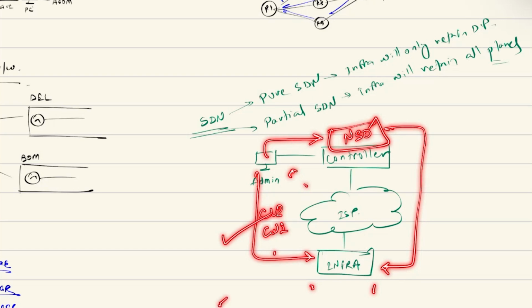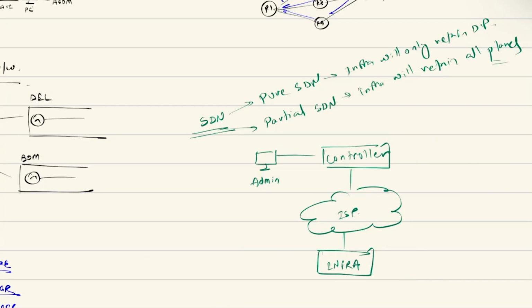Yes. So you're able to do it via the controller as well as directly. That's why we call this partial SDN. So both types of SDN solutions exist.